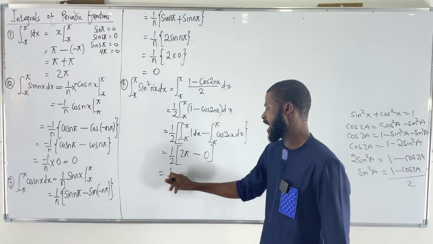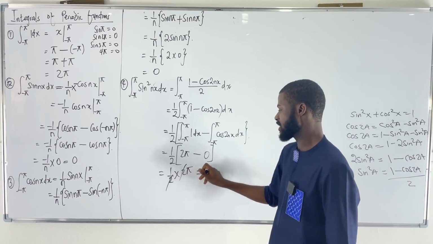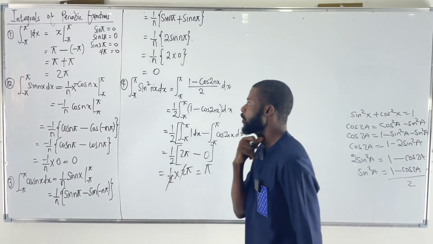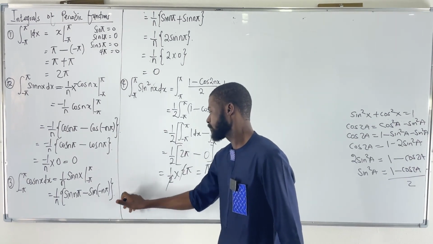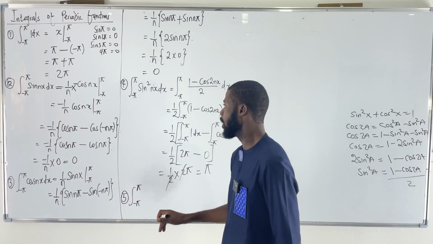Okay, so this is half times 2 pi. So the 2 cancels out, and that's pi. I just want to do this the shorter way. Okay, number 5. For number 5, the integral from minus pi to pi of